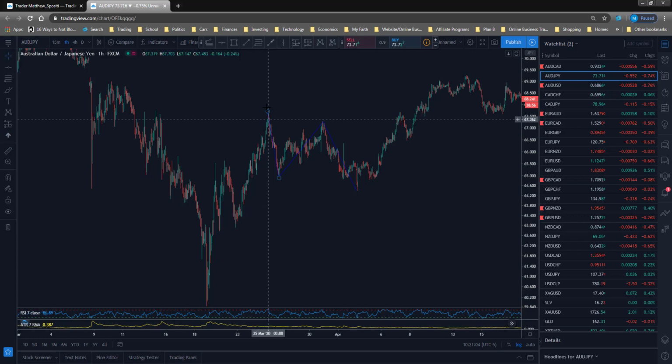But this is what we call a complex pullback. Extension, retest, and then another extension. I mean, it's a big retracement, or it can be a big retracement in the markets, but it's a two drives complex pullback, and they're very, very difficult to handle. Now, here's one way that you could handle them. The first way that you could handle a two drives complex pullback, and sometimes you can have three drives,